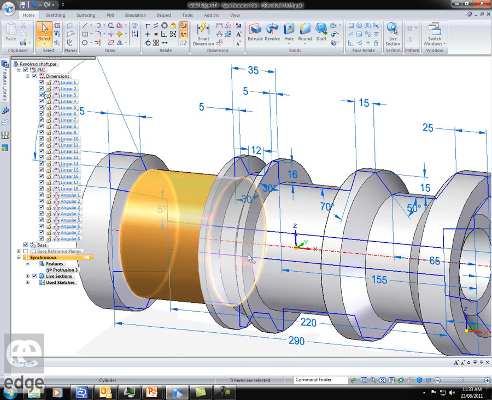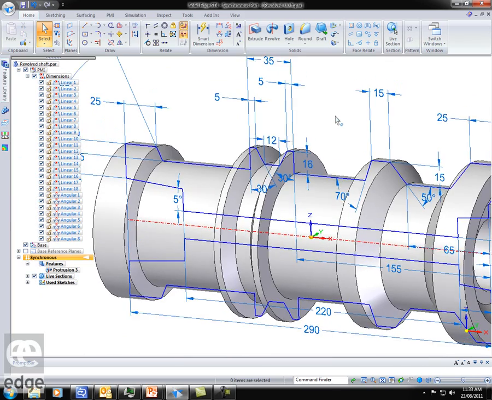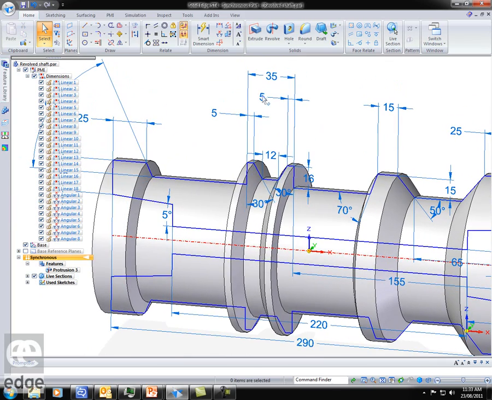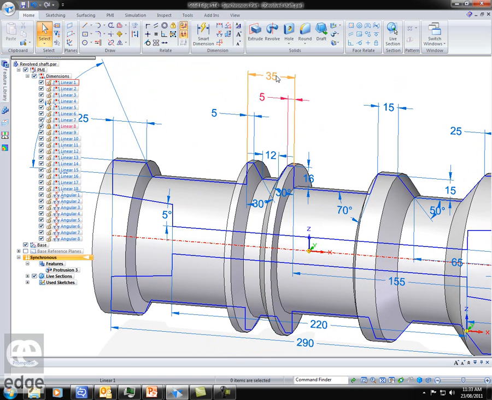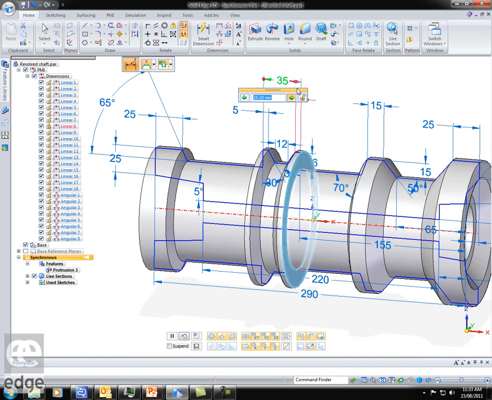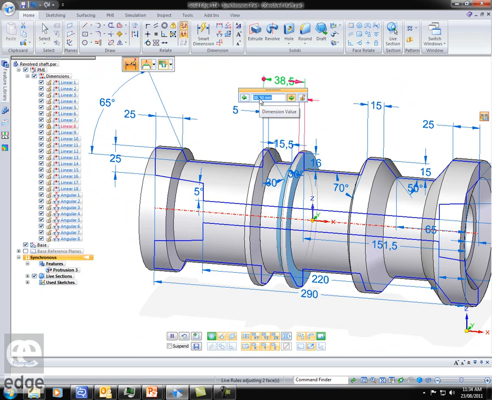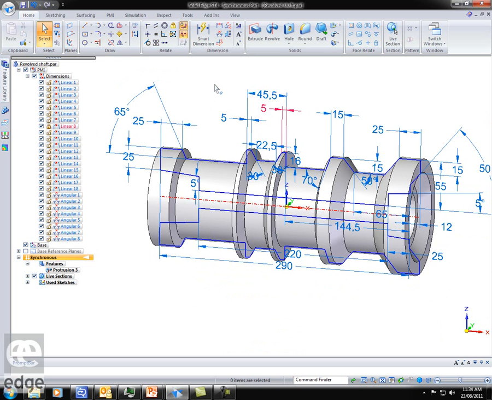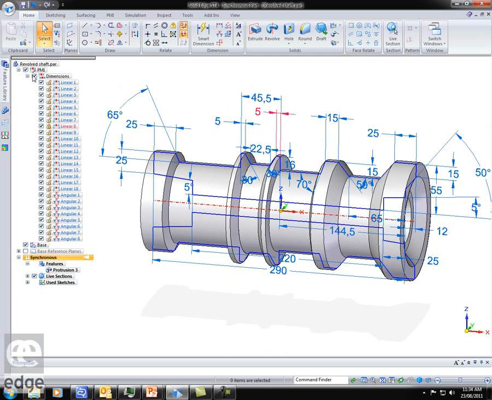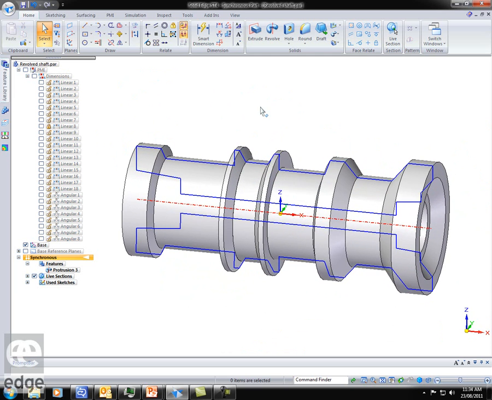Now in this case, what I want to do is, let's have a look at this slot here. I'll lock that dimension and just edit this one. You'll notice also that when the revolve section was created, we created a live section, which is this sketch, which is what's being driven by the dimensions. So this is truly a mixed mode. The other thing that I might want to do, let's just suppress the dimensions for a moment, is to put